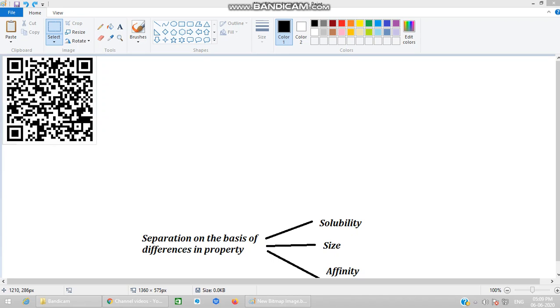Now you have to think about how SDS PAGE and size exclusion chromatography are different. I have right now told the similarities between size exclusion chromatography and SDS PAGE. Now, as an assignment for the next day, I want you to write down how size exclusion chromatography and SDS PAGE are different. The day on which you see this video, you have to write the assignment.